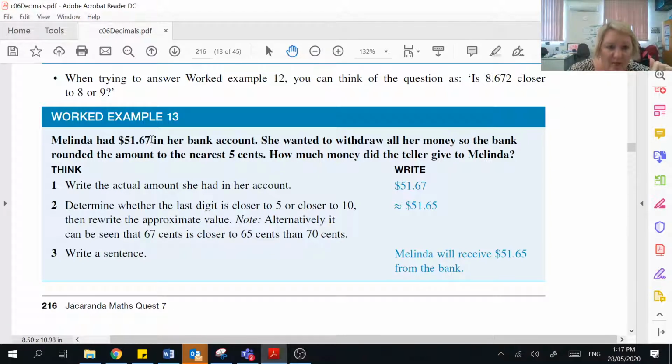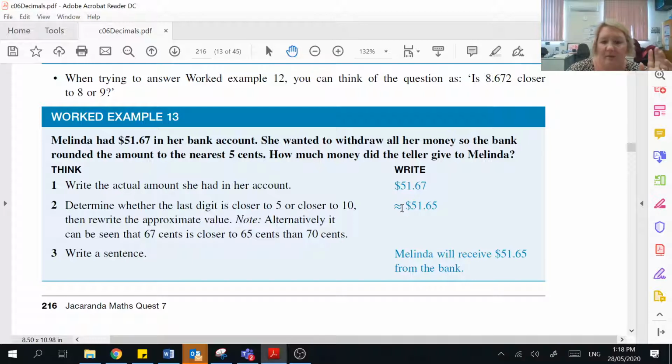51.67. So we're rounding to the nearest 5 cents, all right? And you all know this number here, it's either got to be a 5 or a 0 if we're rounding to 5 cents. So if we think about whether that is a 5 or above, is it closer to 0.65 or is it closer to 0.7? Those are our only options. It's got to go up in 5s. So 0.67 is closer to 65 and they will hand her over